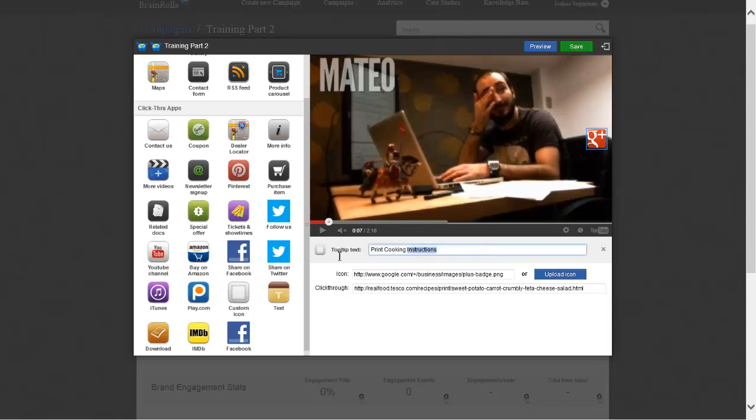What I'm going to do here then is change this tooltip text to add event to calendar. So let's just say this is a video for a concert or some sort of festival or any event for that matter. We can once again change the icon to maybe a calendar button, and here we can enter the URL. So in this case I've entered a link to my demo.ics file, which we can see is hosted on the Brainient Amazon web server. I'm going to save this